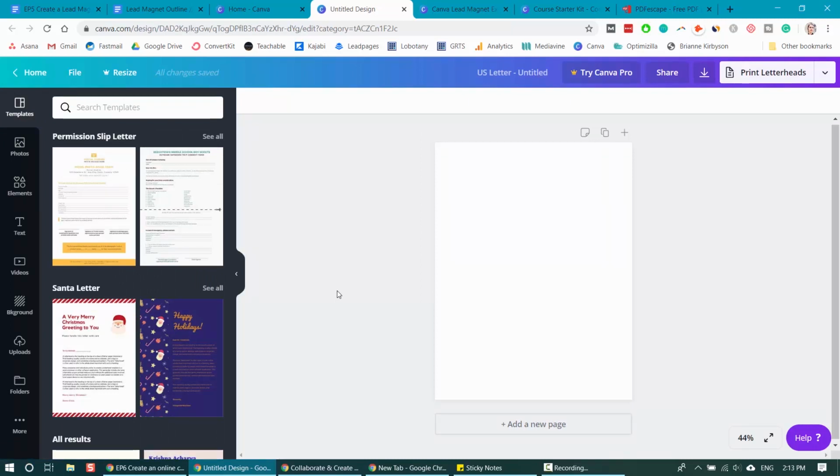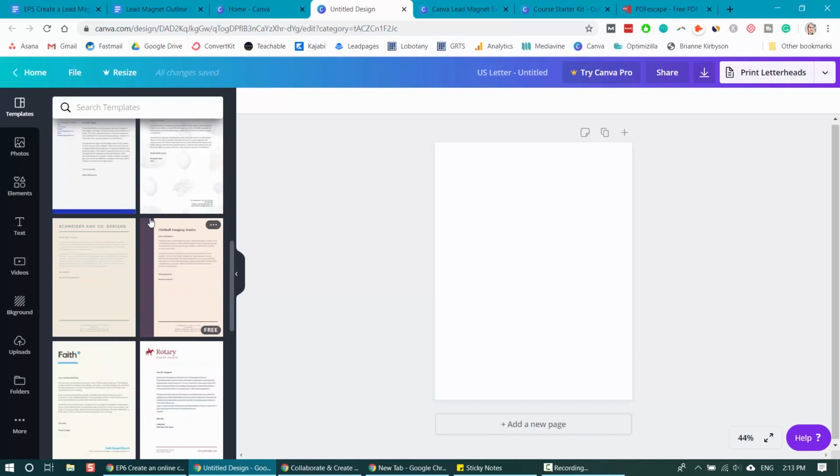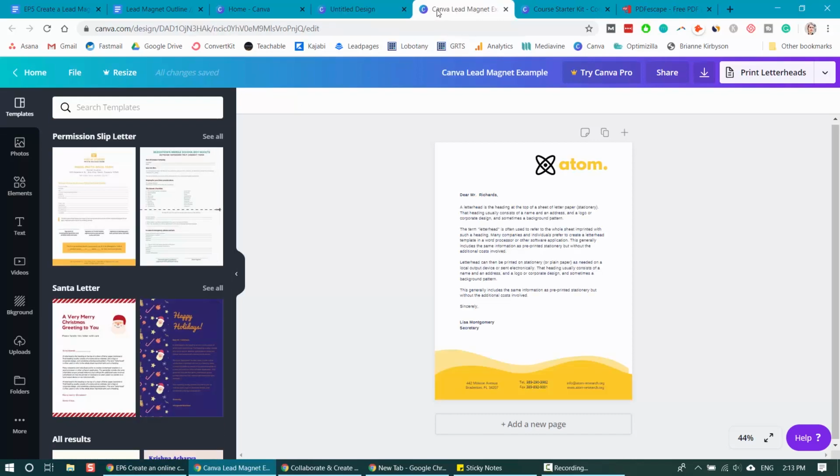And when you start, you can go through here and find a template that works for you as a base. You can always edit it and change the graphics and the branding and the colors to fit with your business and your brand. I have actually chosen one to start with here. So this one's quite simple, and I can edit out these features here to put in my branding